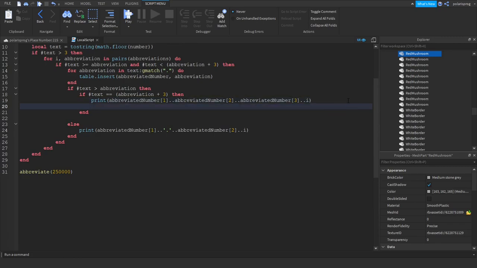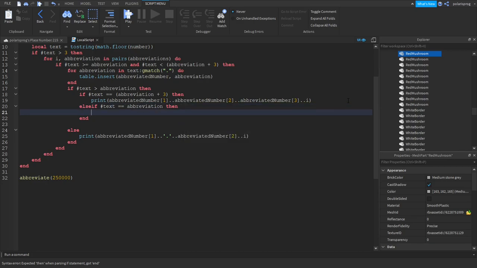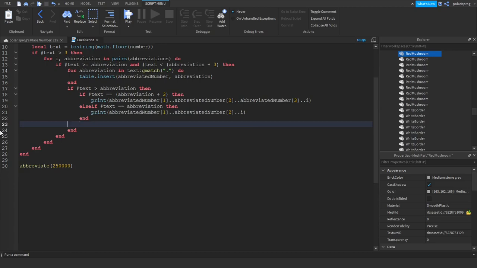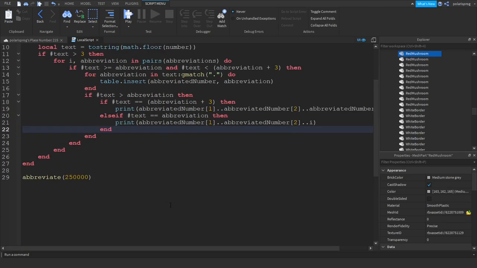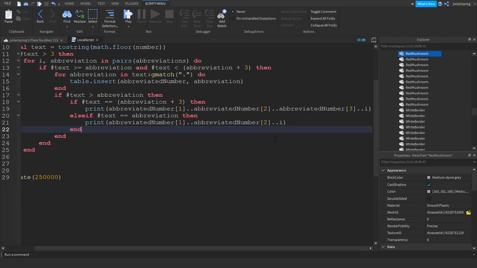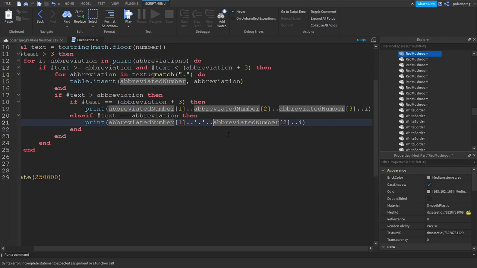put an else here, else if hashtag text, oh my god, text is equal to abbreviation, then what we're gonna do is we're gonna just put that and just remove this. I know that it's very confusing, but just bear with me. So if the text is equal to the abbreviation, then we'll just do that. If it's equal to the abbreviation, then we're gonna put a dot and dot that. Else, if it's equal to the abbreviation, then we do this. Else if